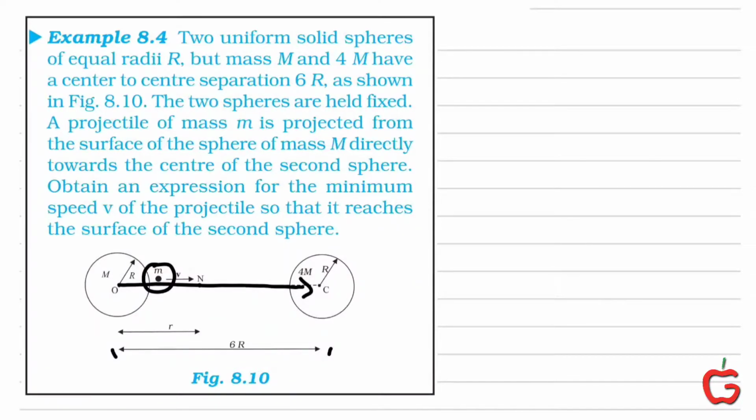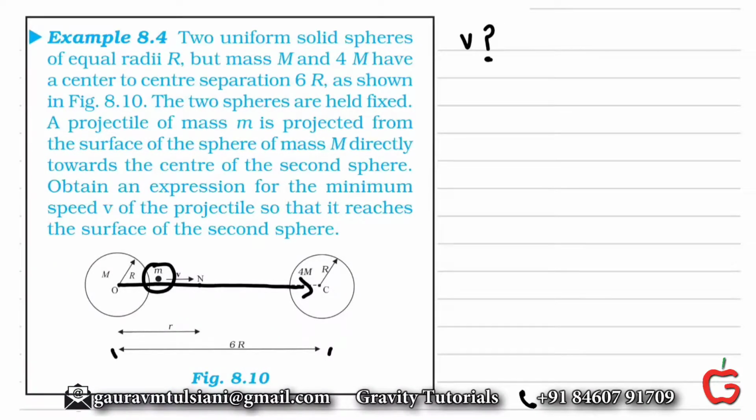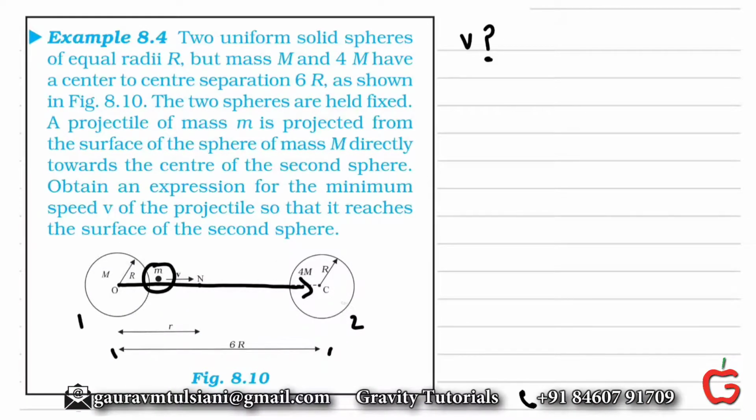So in this question we have to find out the speed with which this small mass object m has to be thrown from sphere 1 to sphere 2. We have to throw this small object of mass small m with some certain speed so that it reaches the second sphere. Okay, but we don't need to throw this small mass m with a speed that takes it all the way to the second sphere. We just need to throw this small mass m to a certain point